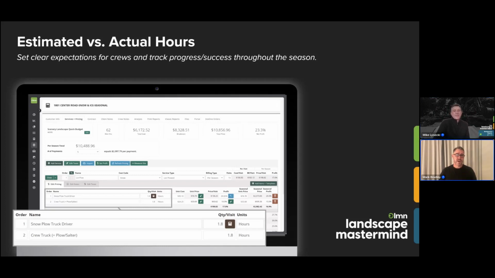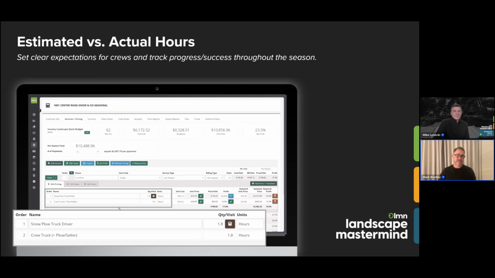This really creates that opportunity to get out there and coach people up, because I think what happens with a lot of companies as they start to grow and they get more and more operators, more and more trucks out there working, they just kind of accept the fact that things are taking a lot longer. And when you've got the ability to really look at estimated versus actual hours, look at similar sites, look at similar outputs, understand what your key metrics are, it becomes easy to see where the need for upskilling and training is. And so you can go out and work with those operators, make sure that you've really passed on the best practices of how to plow or how to de-ice more efficiently, and really unlock the potential for the whole